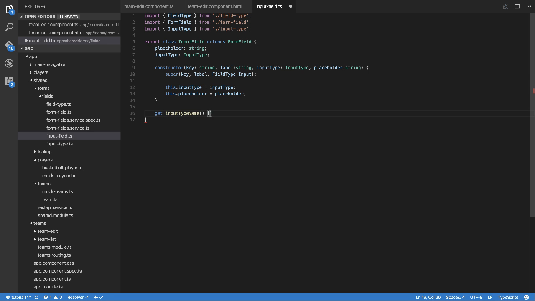I'm going to call it input type name. Now we've passed an input type string, so what we really need to do is return a string based on the input type. Because we've only got two in this case, I'm just going to do a simple switch. Normally I don't do switches. I'd probably register a dictionary of values and then use a key on that, but for this example I'm just going to go switch